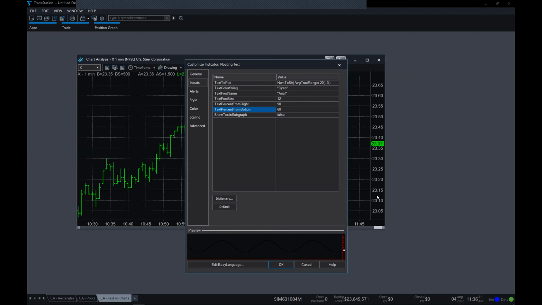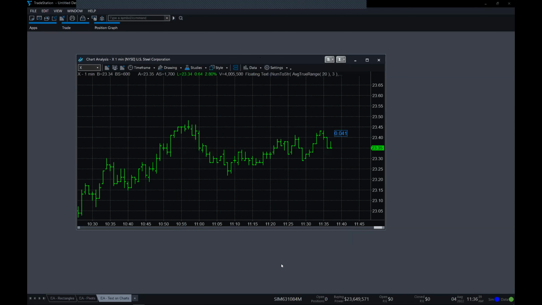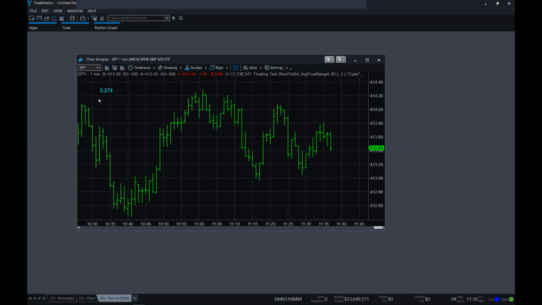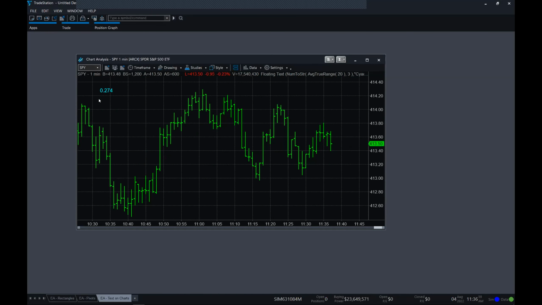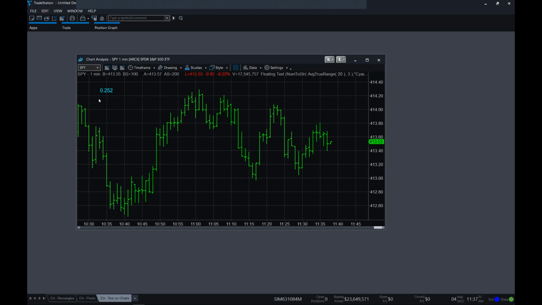And then the text percent from bottom, again, it's going to be a fairly high number. Let's just say 90 again. Try to get it toward that upper left-hand corner. And we see, oh, okay, there we go. So now, let me put this on a symbol that updates a little more frequently, and that way, with the average true range, you can see that the text remains in place. It's the idea of the floating notion. As new bars form, it just stays in its place there. That's pretty cool. Wow.